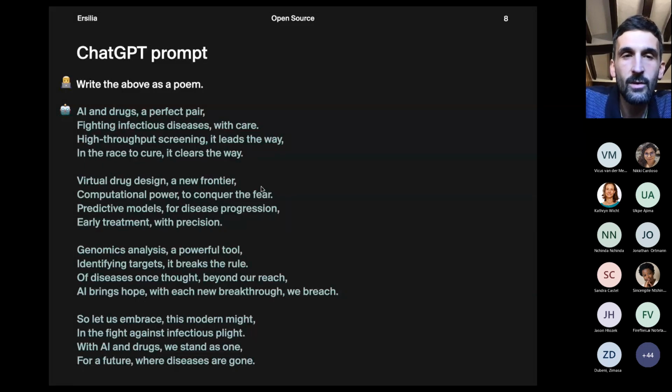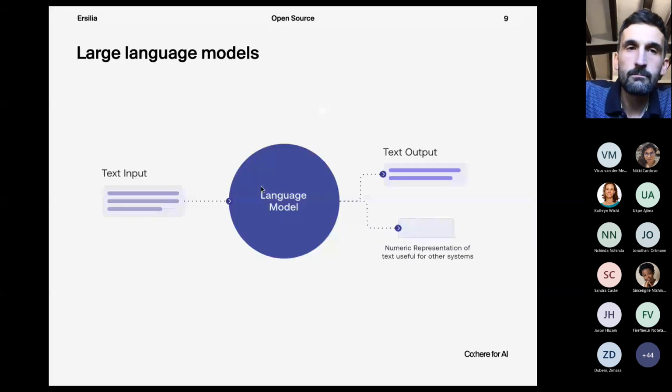And of course, the question is, how can we apply this tool into something that is not only fun, but also interesting for our research. So let's summarize a little bit what's happening in these large language models. And I didn't find any easier way to represent this than this very simple scheme. So as I said, we have an input, the human input.